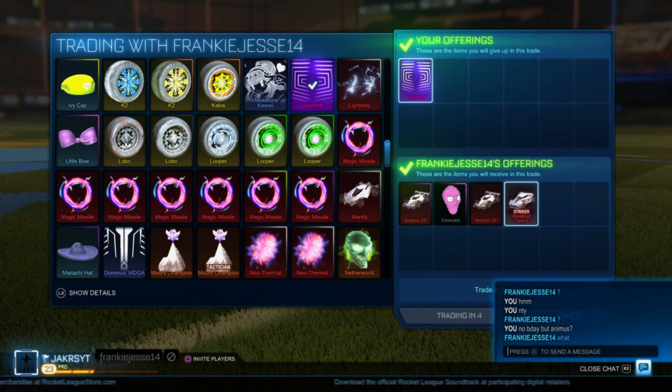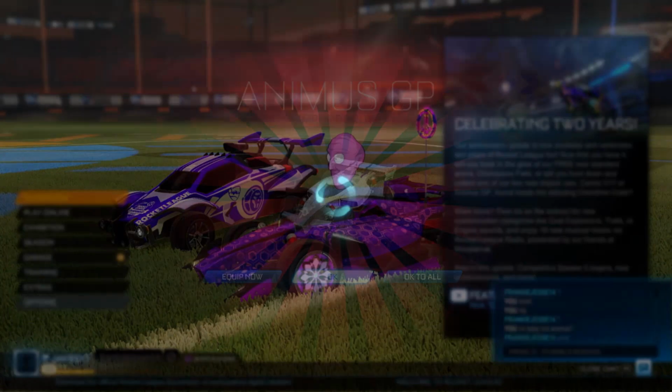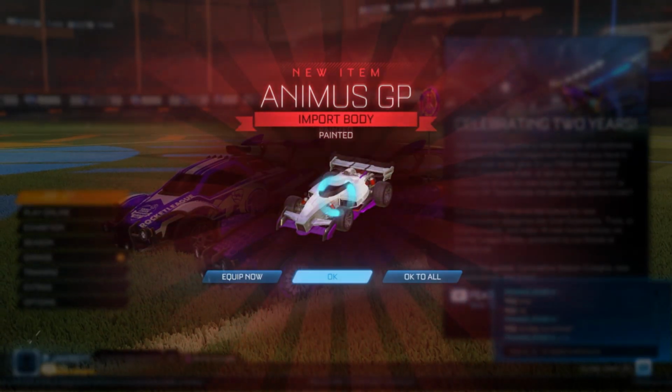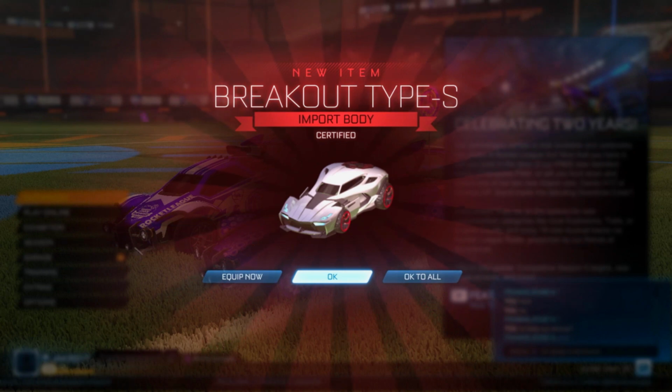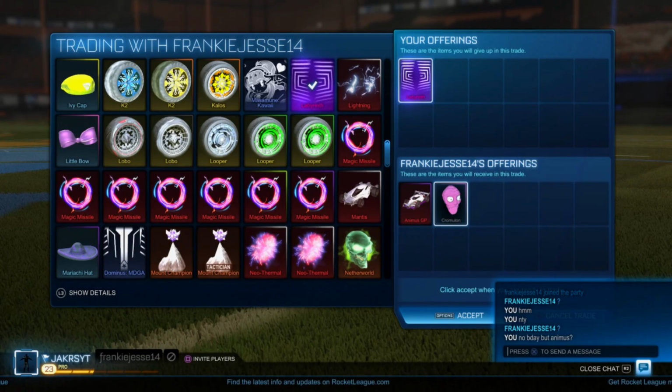And this deal right here, I know I can sell the purple animus on for 3 keys, maybe even 2 if I want to quick sell it, but this Cremulon as well is worth at least 1 key, and the striker breakout type S, some people actually do collect striker items, so I might be able to get 1 key from that also. So altogether, I feel like this is over a 5 key deal for a mystery,